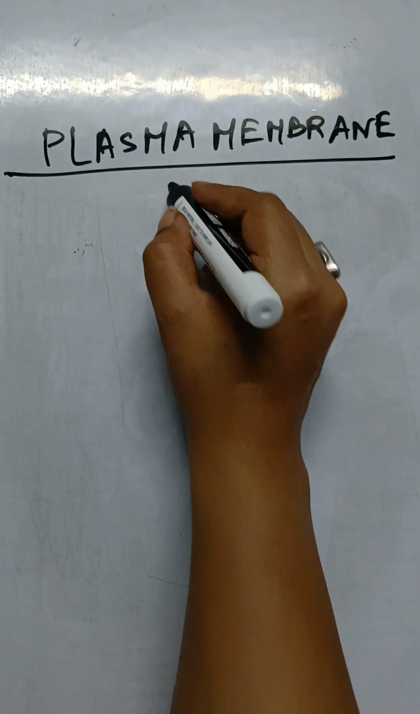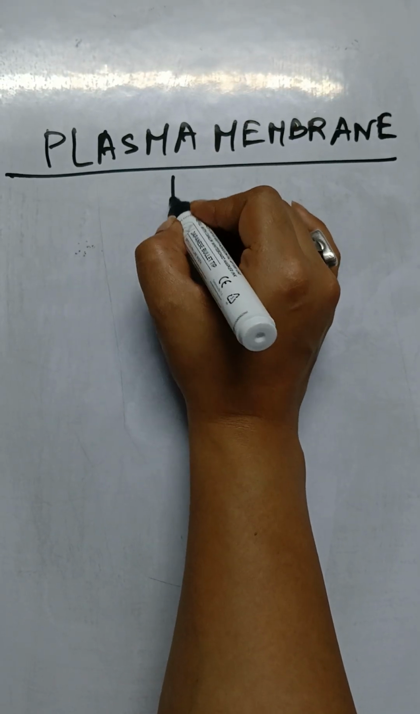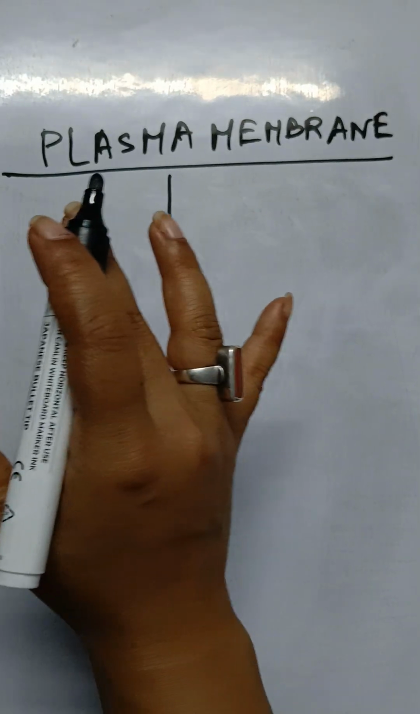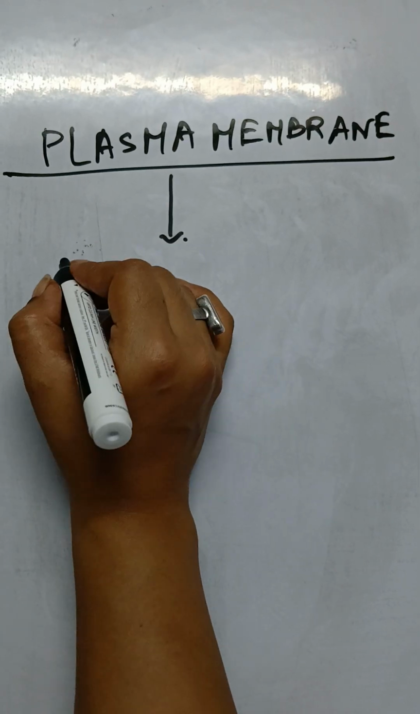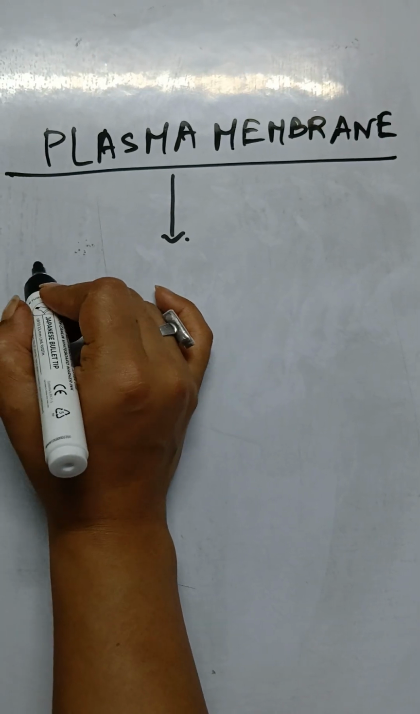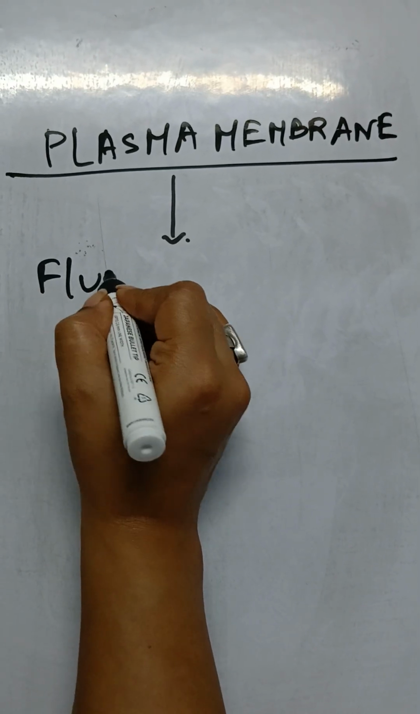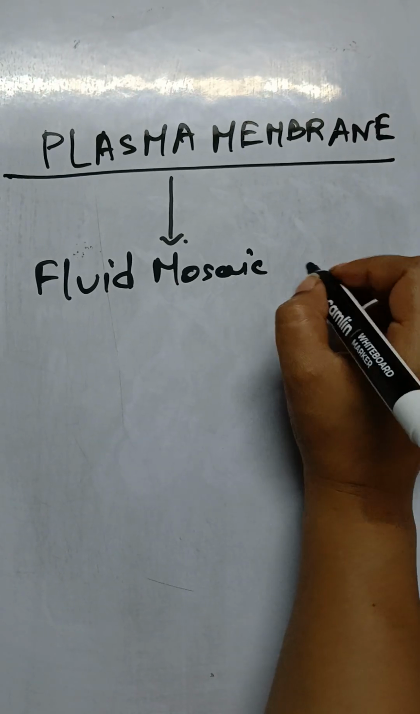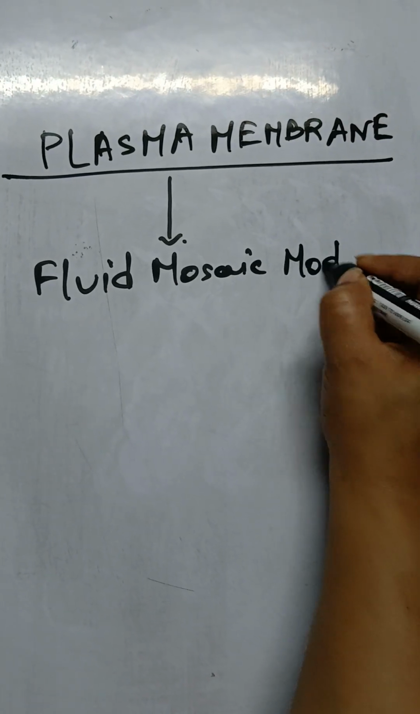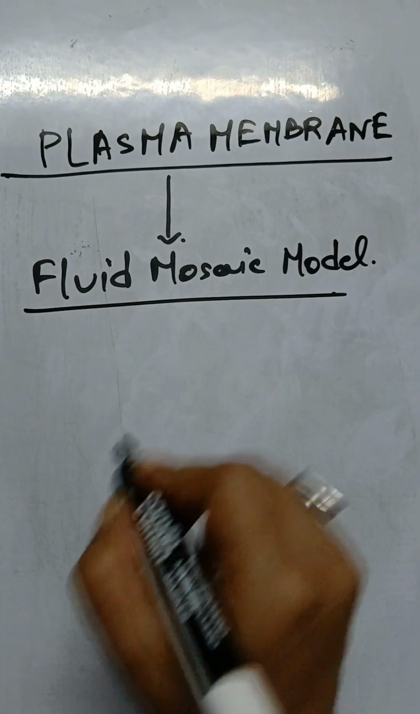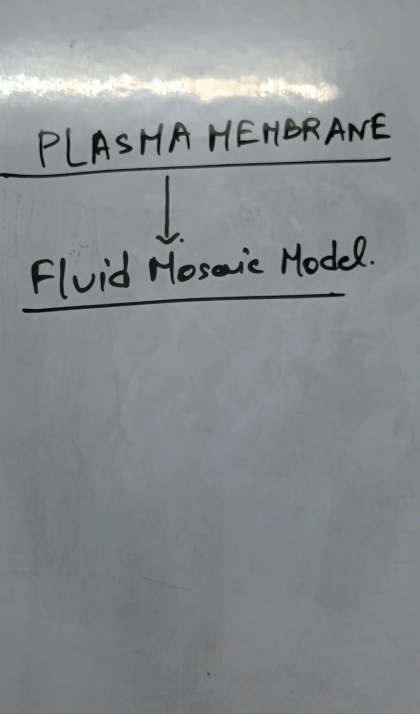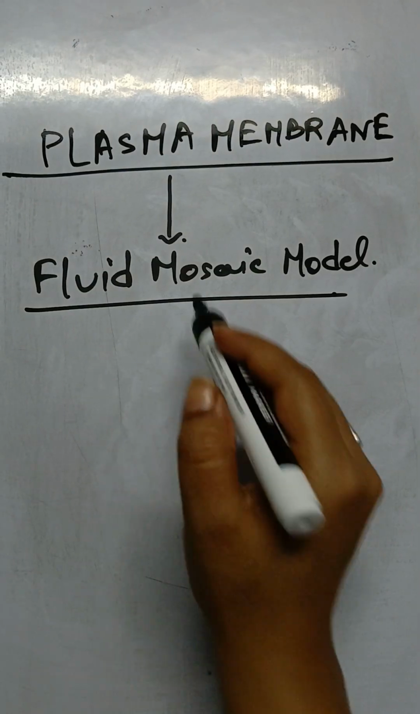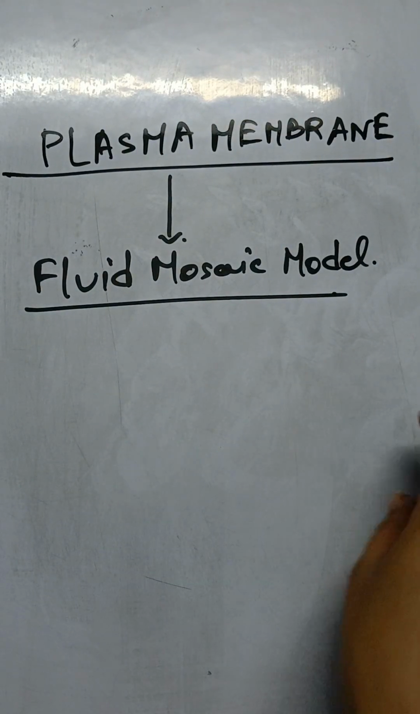To explain this, a very simple model has been followed, known as the fluid mosaic model, which was explained by very famous scientists, Singer and Nicolson. Okay, so in this fluid mosaic model,